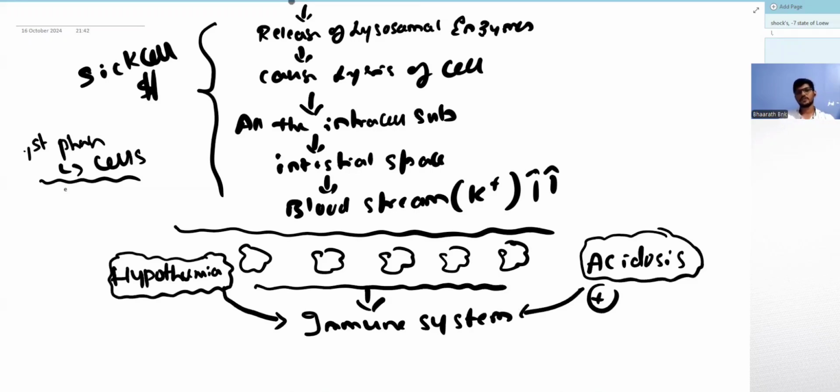and kidneys. So when this happens, the muscle becomes underperfused. It sacrifices itself so that adequate blood is sent to the brain, liver, and kidney. So when the muscle is underperfused, it cannot generate heat. So one of the causes of hypothermia is underperfusion of muscle. An underperfused muscle cannot generate heat. So this is one of the causes of hypothermia.